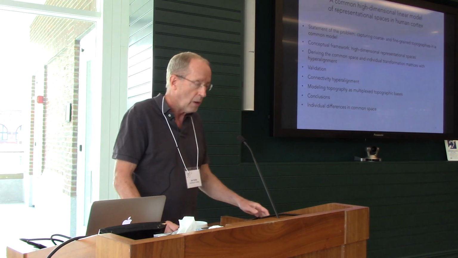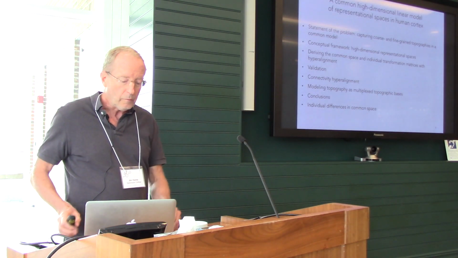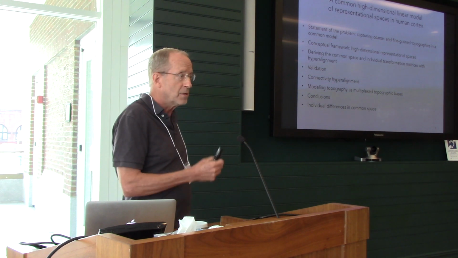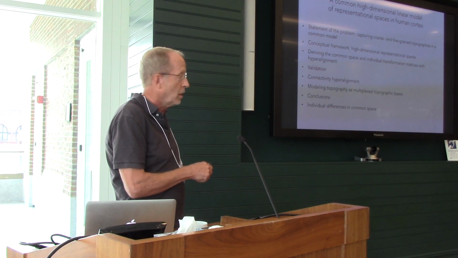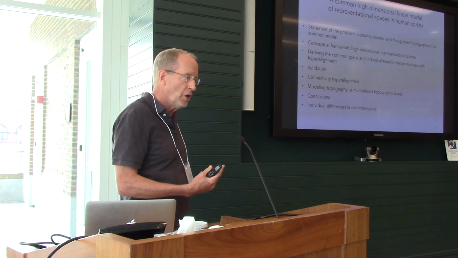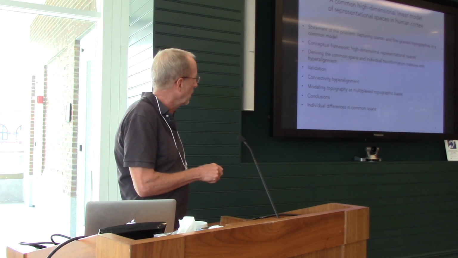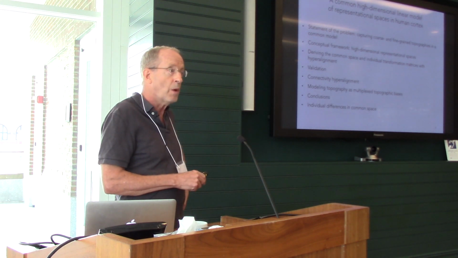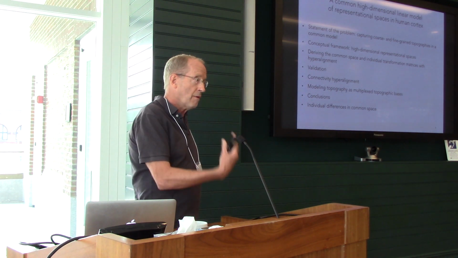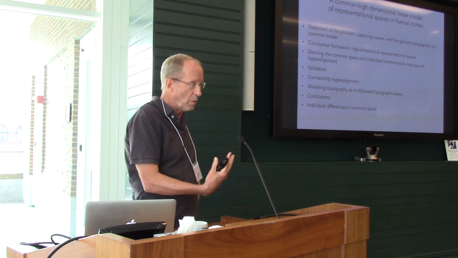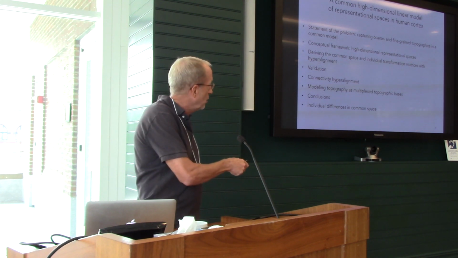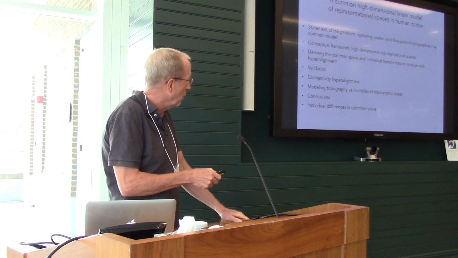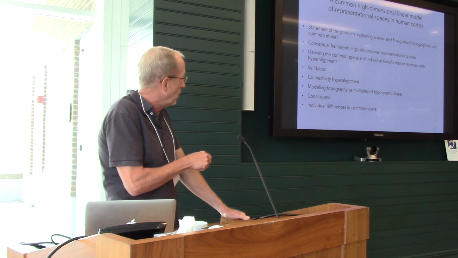So this is an outline of what I'd like to talk about today. First, I'm going to state the problem, which is how do we capture both coarse and fine-grained topographies in human cortex in a common model, meaning a model where we find bases that are shared across brains. What will these bases look like? We'll start by talking about the conceptual framework we use, which is high-dimensional representational spaces. So we start off with voxel spaces, but we project that into high-dimensional information spaces. And I hope that will make sense to you after I talk about it for a while.